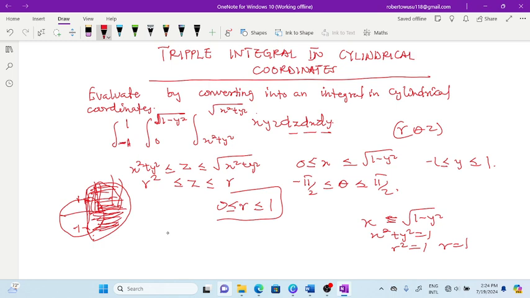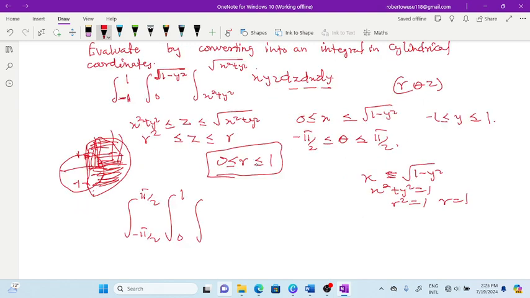Now all our parameters are set, right? So we're able to move. So when you move to the integral on the theta side, we're having what? Negative pi on 2 to pi on 2. On the r side, you're having 0 to 1. Then on the z side, you're having r squared to r, right? Of the function. Now the function xyz becomes what? r,